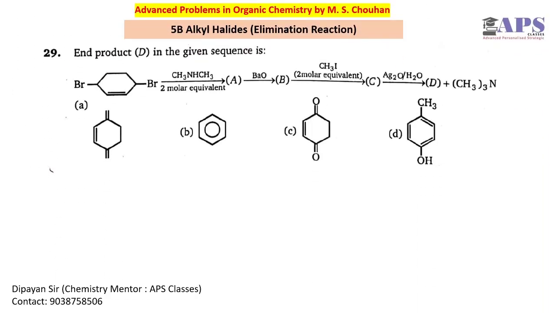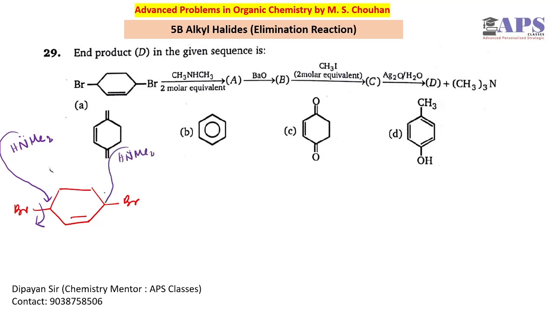So this is a very interesting question. Initially we have a double bond along with 2 bromine. Now this molecule will behave like a nucleophile. Okay, so NHMe2, the first equivalent will approach, it will remove this bromine as a leaving group. NHMe2, the second equivalent will approach, it will remove this bromine as a leaving group. So finally we will have this kind of situation,